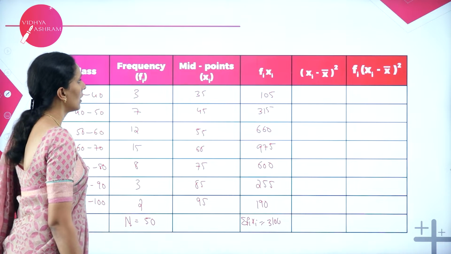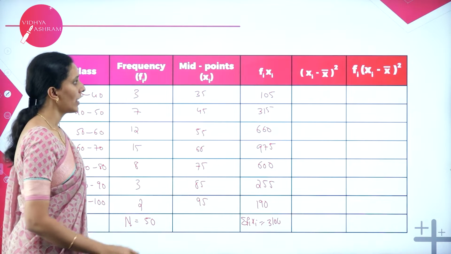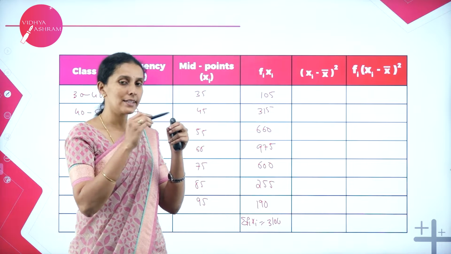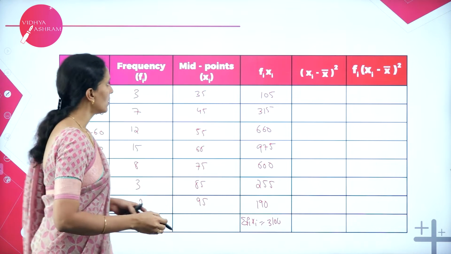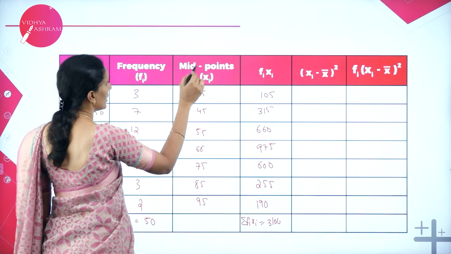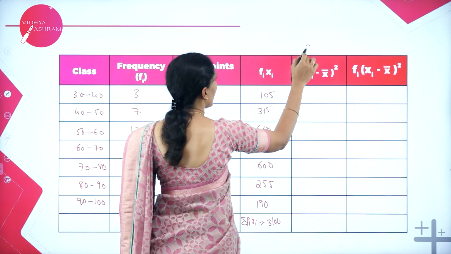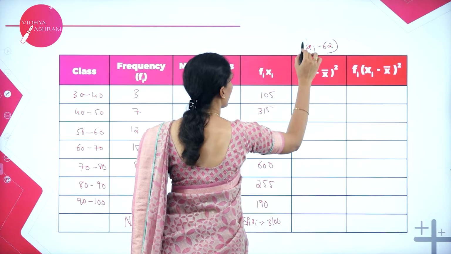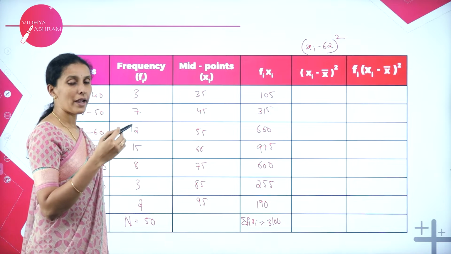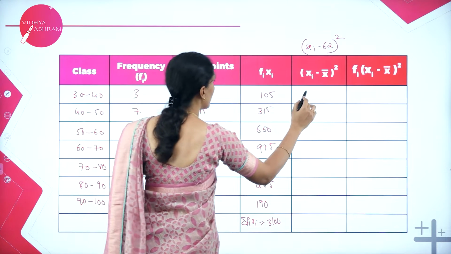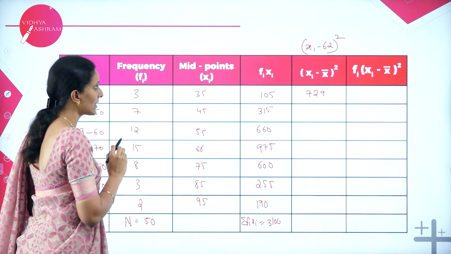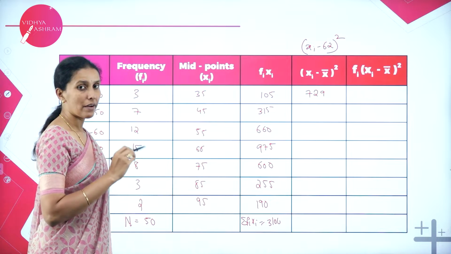Next, let us take the deviation. Directly I have taken the column xi minus x bar whole square. First make xi minus x bar, then square it. Here x bar, what you got, is 62. So here it is xi minus 62 whole square. For example, 35 minus 62 is minus 27, minus 27 whole square is 729. Next we have 45 minus 62, that is minus 17. 17 whole square is